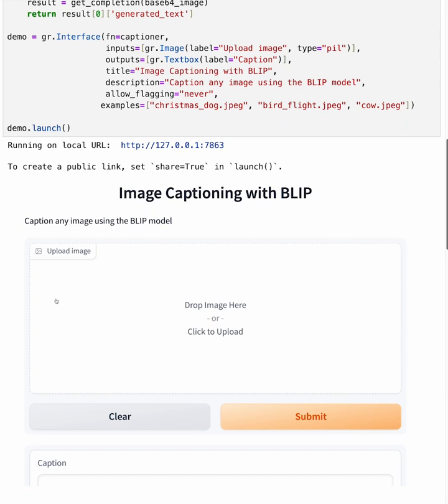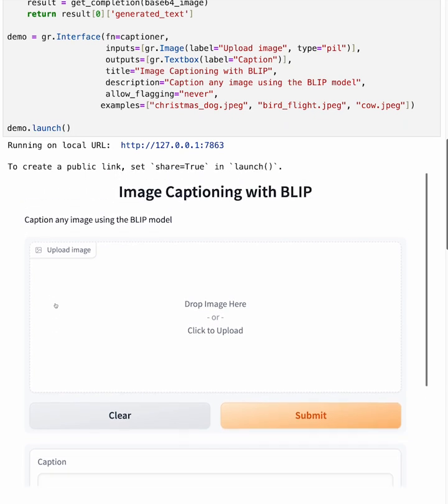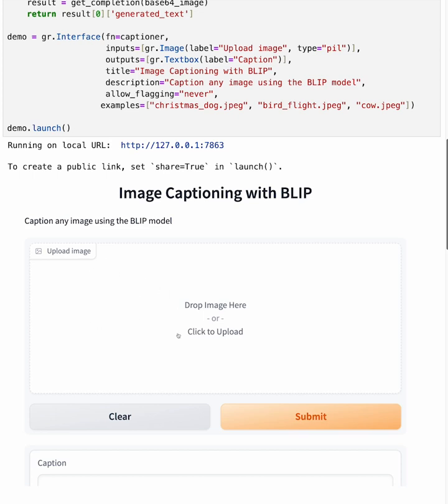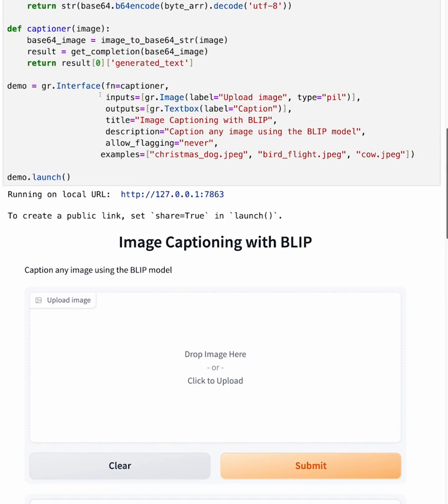So here we have our image captioning example with Blip. We can see the app looks very similar to our previous one, but it has this nice upload image field. And if we go back to the code, we can see that all our fields are the same as in the last lesson, except that in the inputs field, we have this Gradio image, which is a new component that we haven't used before. And when an image component is an input, we can see that it turns into an